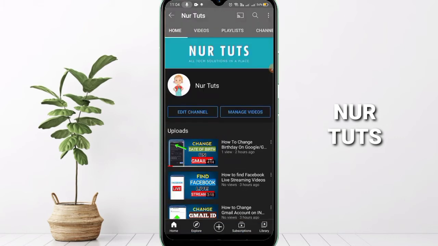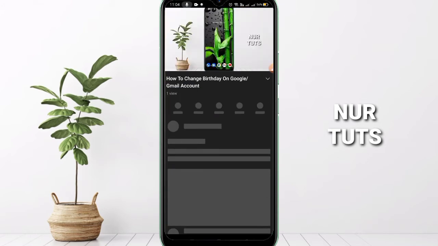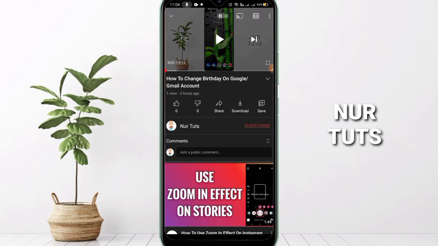I'll just show you by clicking my video. This is my video. I just click this video, and here you can see the three dot line. You can click any video, or if you want to watch any video, then you can click that video. After getting that video, you get this type of interface. After getting that video, you have to go here. You can see this three dot. Click on it,